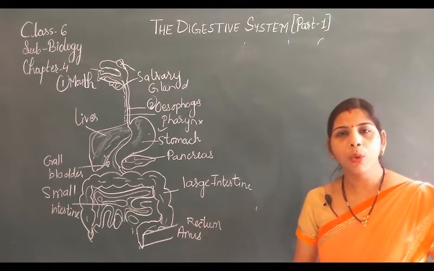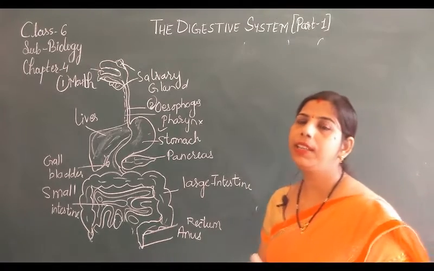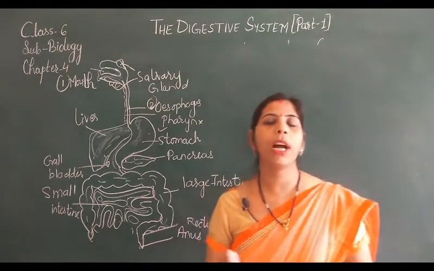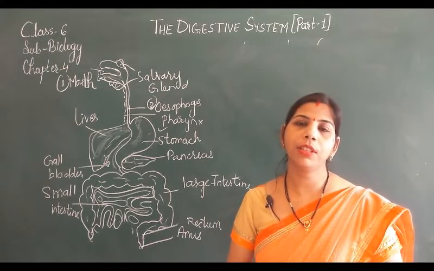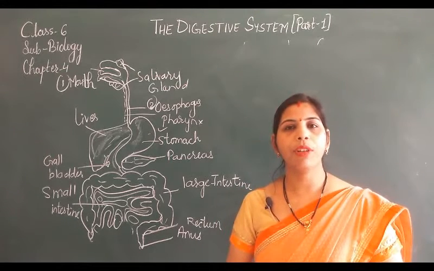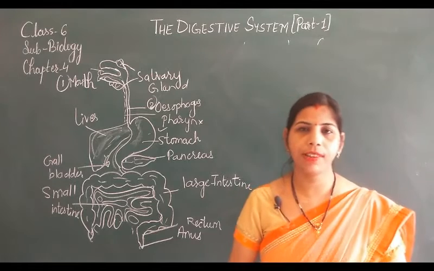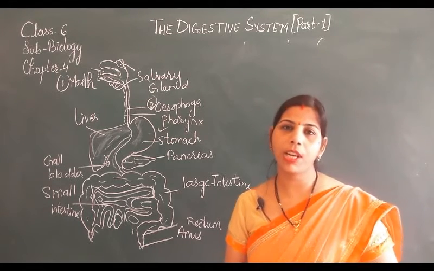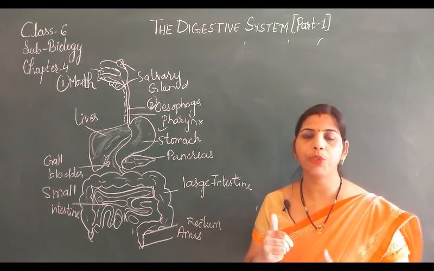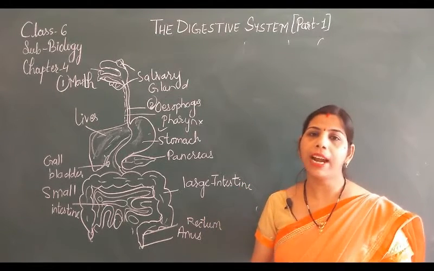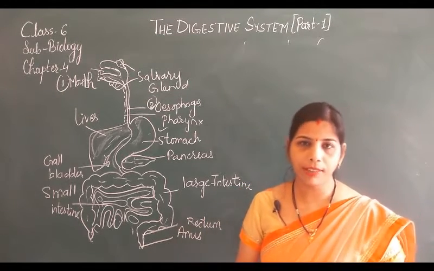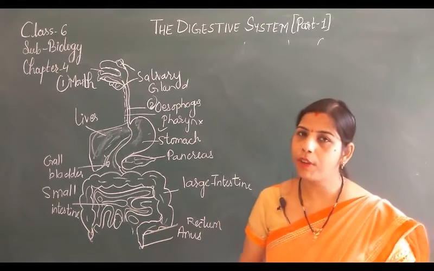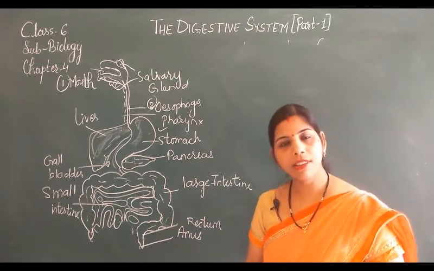Now we all know that if we are not eating these nutrients in proper amount, we face different types of disease which are known as deficiency diseases. Deficiency means किसी चीज़ की कमी हो जाना. जब हमारी बॉडी में किसी न्यूट्रिएंट की कमी हो जाती है, that disease is known as a deficiency disease. Now come back to our main topic, the digestive system.